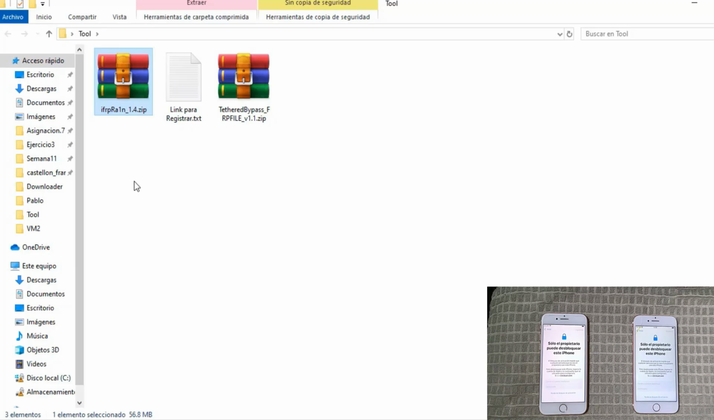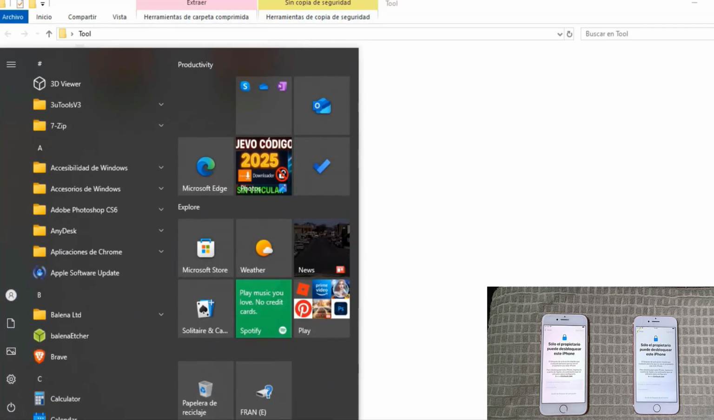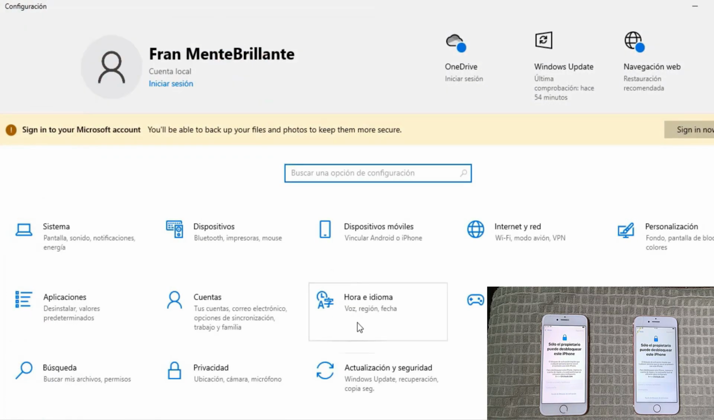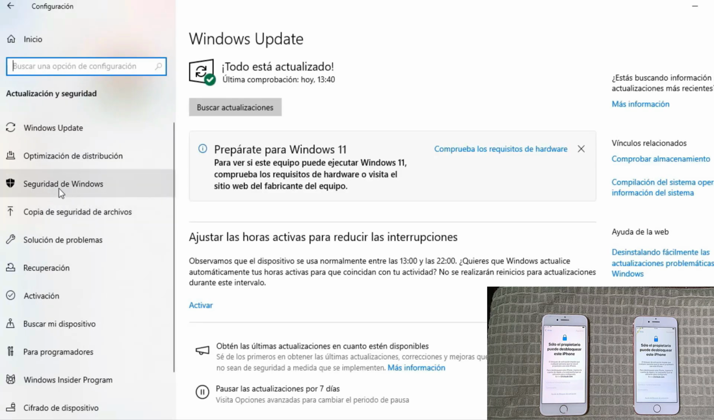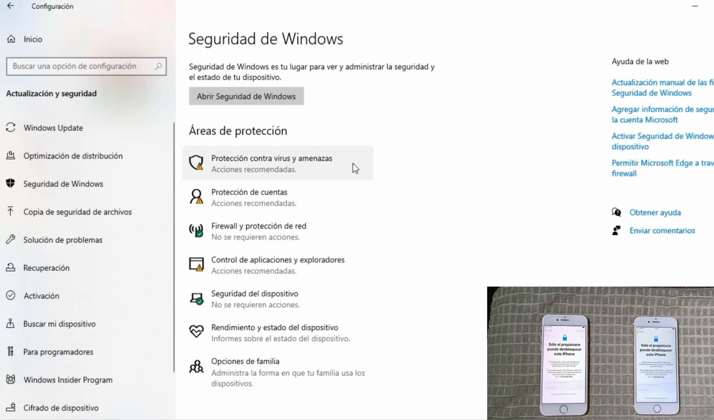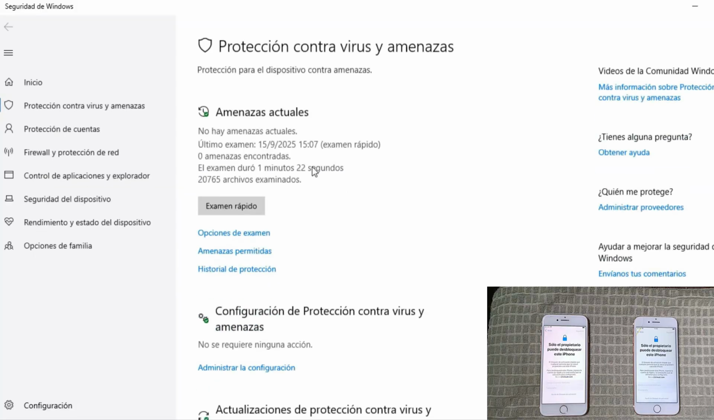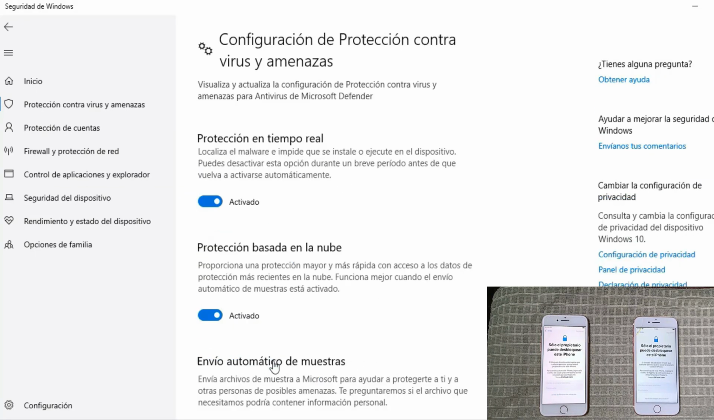But I was overlooking a small detail. A small detail that I was overlooking is that before you start downloading the tools, I suggest you turn off this function on your PC. It's important that you turn off this function on your PC. Yes, because if you don't turn off this function, it will delete